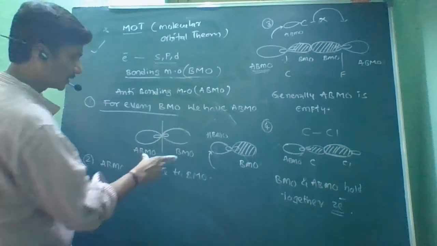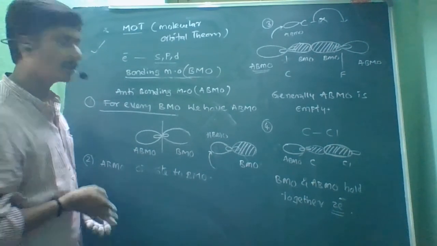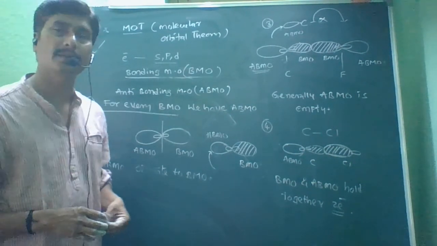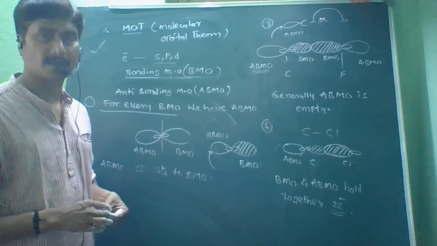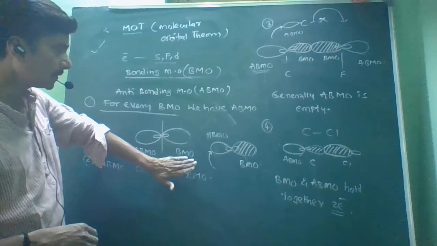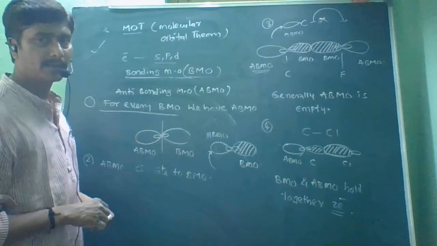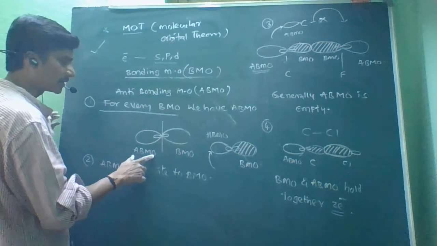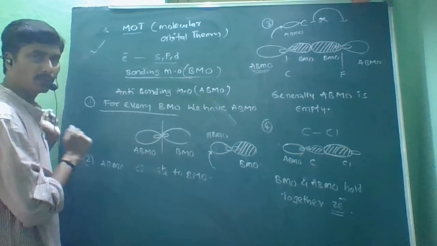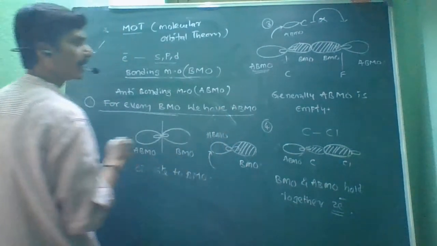Look at a question now. Both are present on the same line, so why is only BMO participating? According to the Aufbau principle, electrons first enter the lower energy orbitals. Among the molecular orbitals also, the bonding molecular orbital is lower in energy than the atomic orbital, and the anti-bonding molecular orbitals are more energetic. So the bonding ones are involved first in bond formation compared with the ABMO. So for every bonding molecular orbital we have an ABMO.